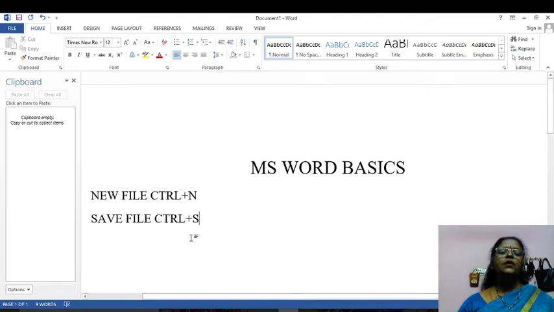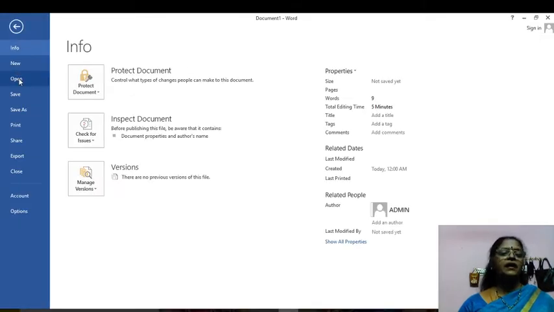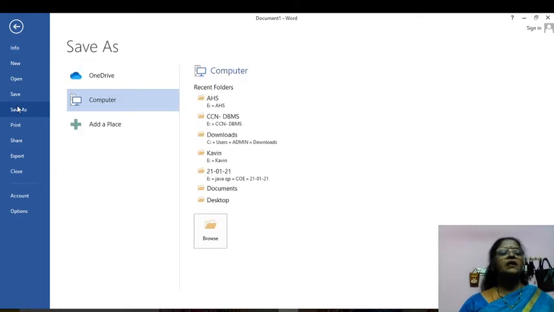And next, how to save that particular file. Here again there are two methods available. In the first method, I go to the File menu and here I choose Save As or Save. See here, that window will open. That window asks which location you want to save your file. Here I choose a particular location, or I can go to Browse and choose a new folder, a new location.